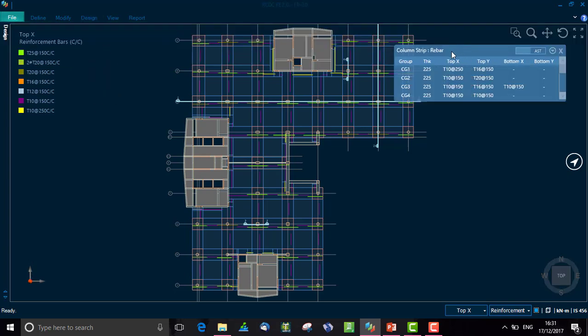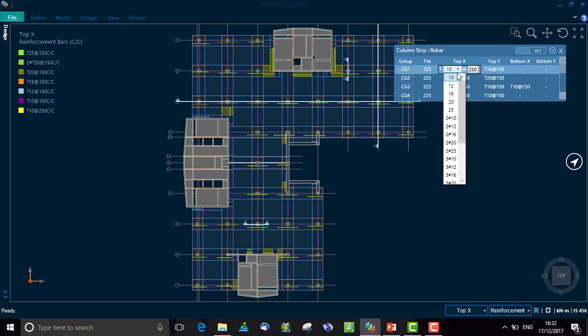Say if I select the column strip, I can see the reinforcement in two types. One is the AST that we can see on this table, and if I just click on AST, I can see the rebar that has been provided. So if I have to edit my AST and I just click the top X, the area here on the layout will be highlighted. Now if I have to edit it from say 10 at 250 to 12 at 300,